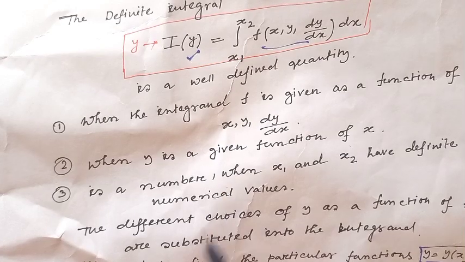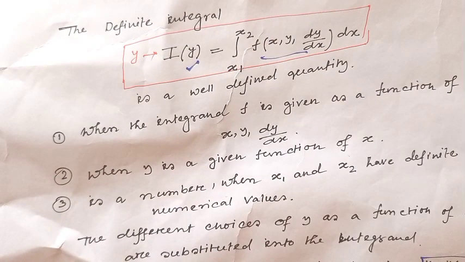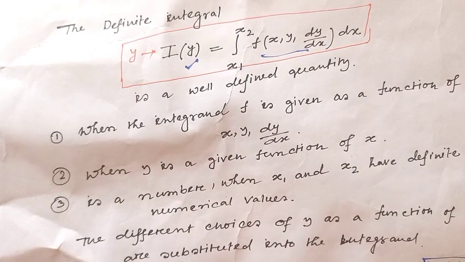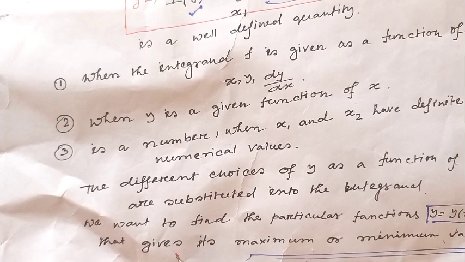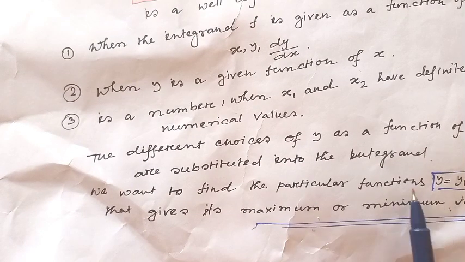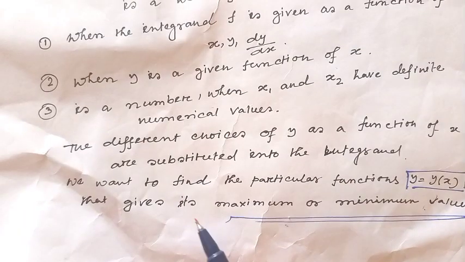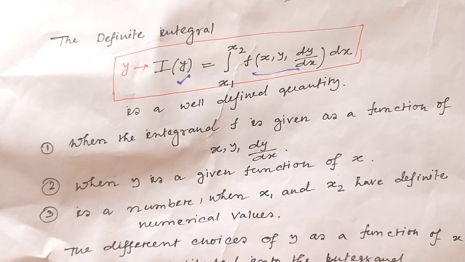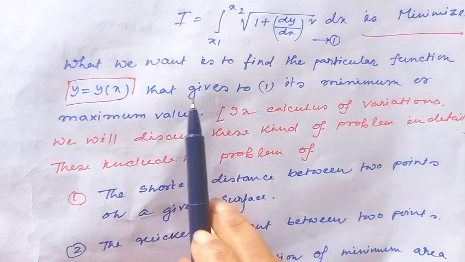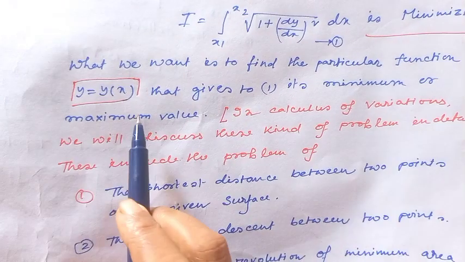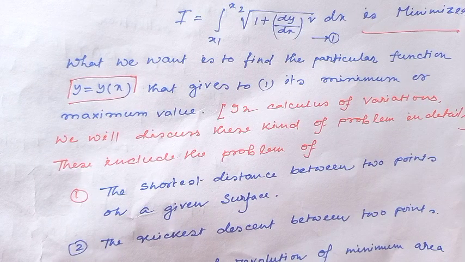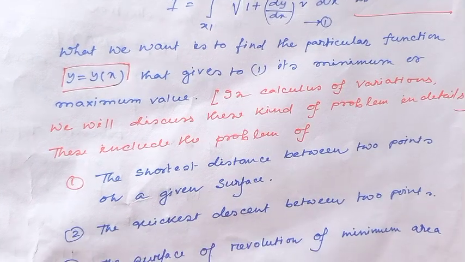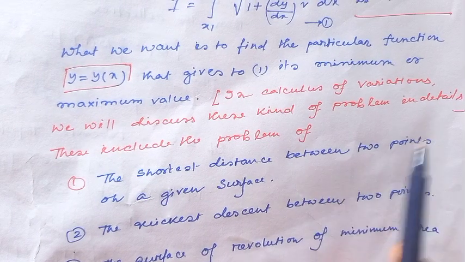This is actually a number when x1 and x2 have definite numerical values, and the different choices of y as a function of x are substituted in this integral, and we want to find the particular function y equal to y x that gives the maximum or minimum value. This is actually the idea of calculus of variations. What we want is to find the particular function y equal to y x that gives I its minimum or maximum value. In calculus of variations, we will discuss this kind of problem in detail, and this includes the